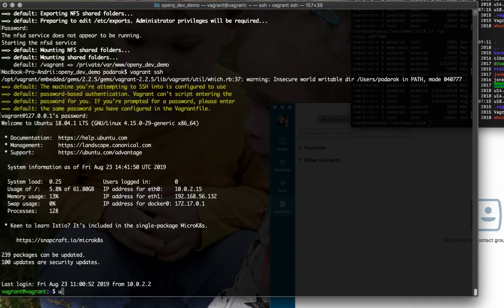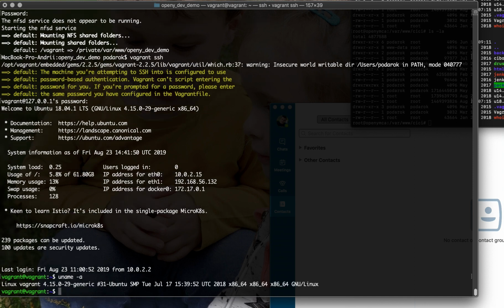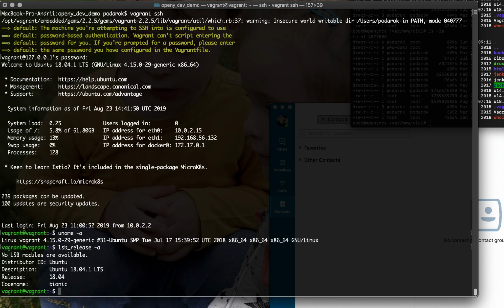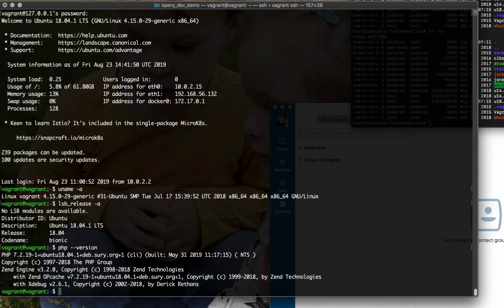Right now we are using Ubuntu 18.04 long-term support. It's a system with the codename Bionic, with PHP 7.2, MySQL installed, and Apache version 2.4. So now you are ready to proceed with the installation of your